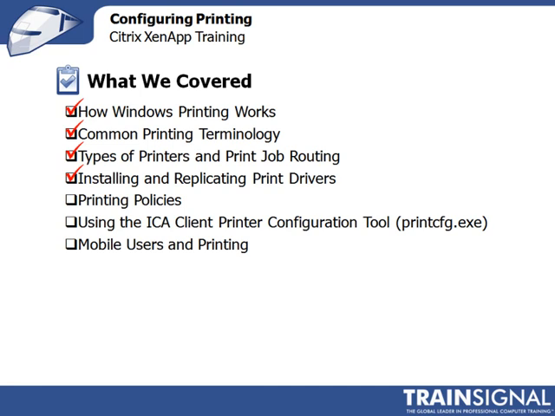And then we talked about printing policies. We went back into the Citrix policies and discussed the different types of policies that relate to printing in particular. We talked about universal print drivers, the native print drivers. We talked about bandwidth limitations and how you can set that accordingly within the print driver policies or within the print policies themselves. We then talked about and published the ICA client printer configuration tool,